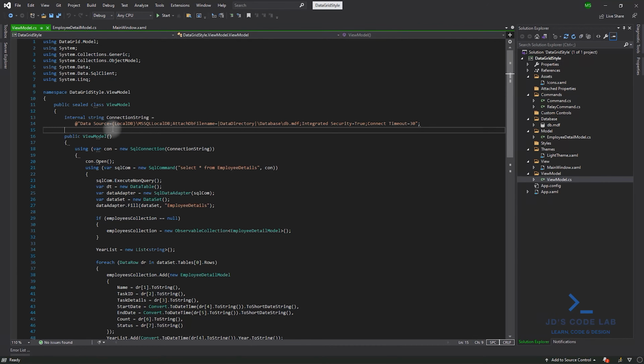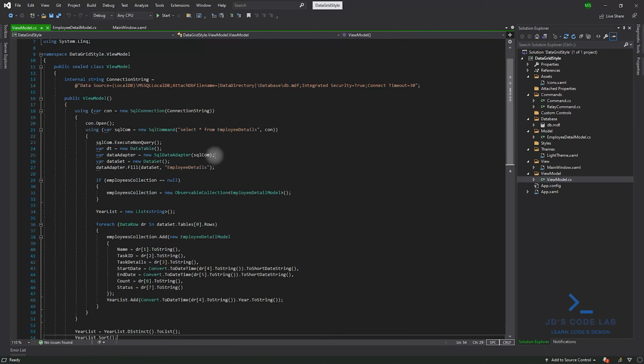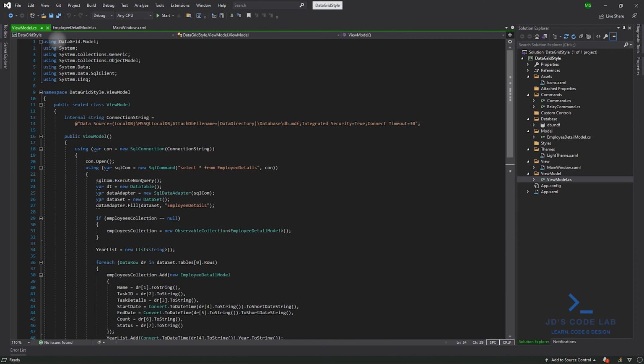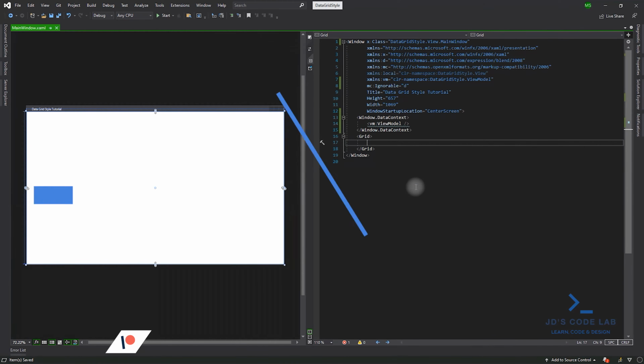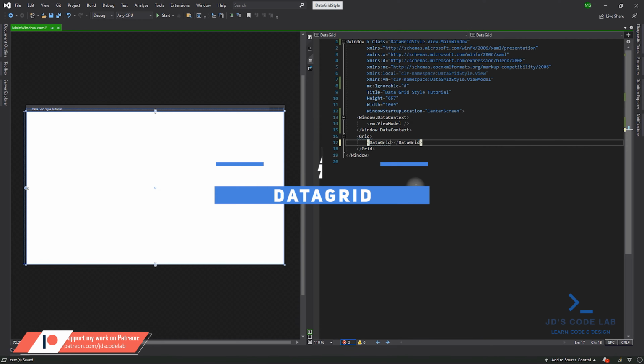And this is our view model in which I have already defined the connection string for the database that I will be using, and I have already loaded the values in collections which we will be later binding to our data grid. Now let's get started by adding a data grid